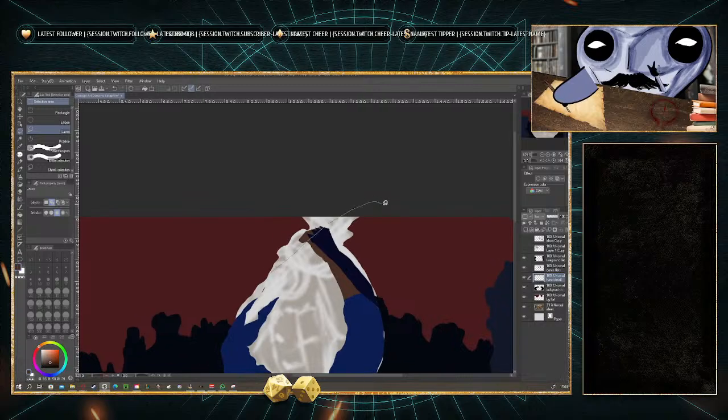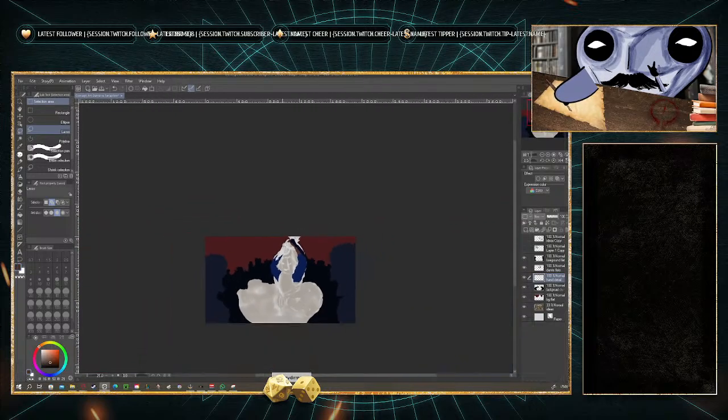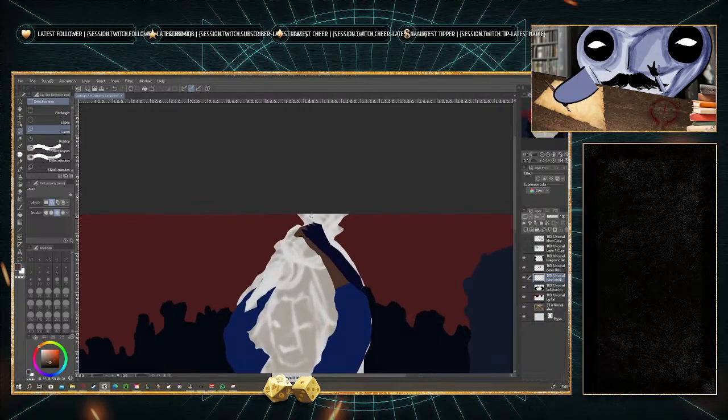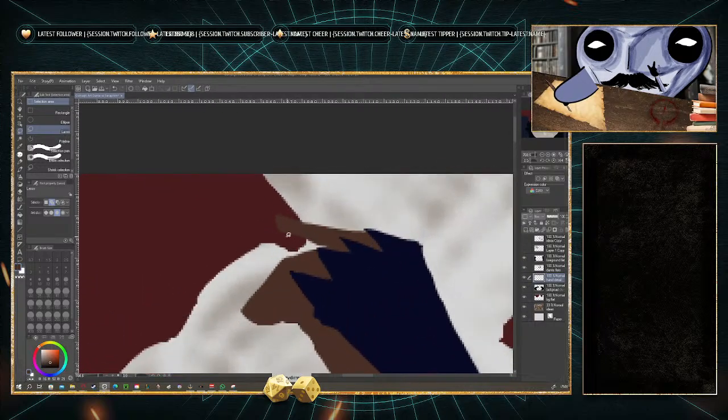So the sword is going to be like, you know, actually we can add more dynamic. Finger up like that, the index finger thing actually becomes